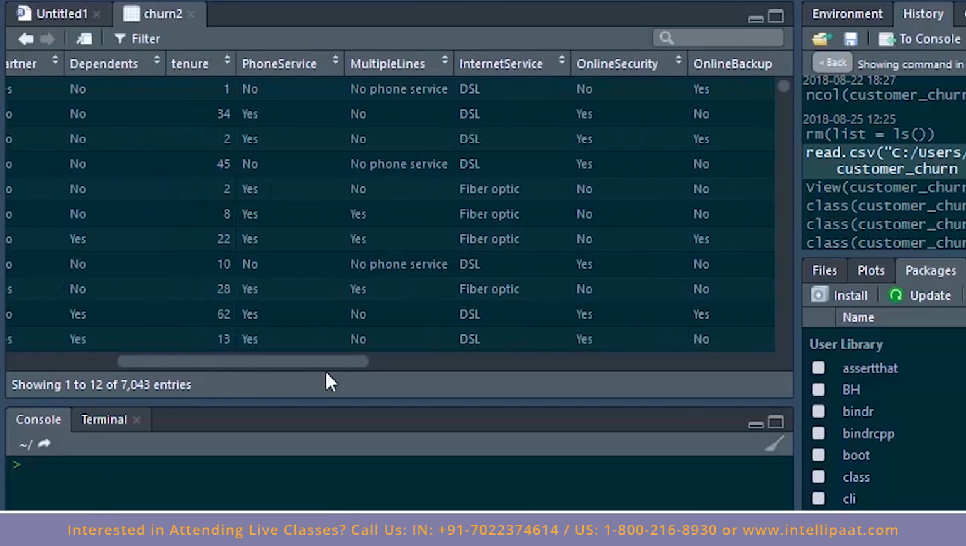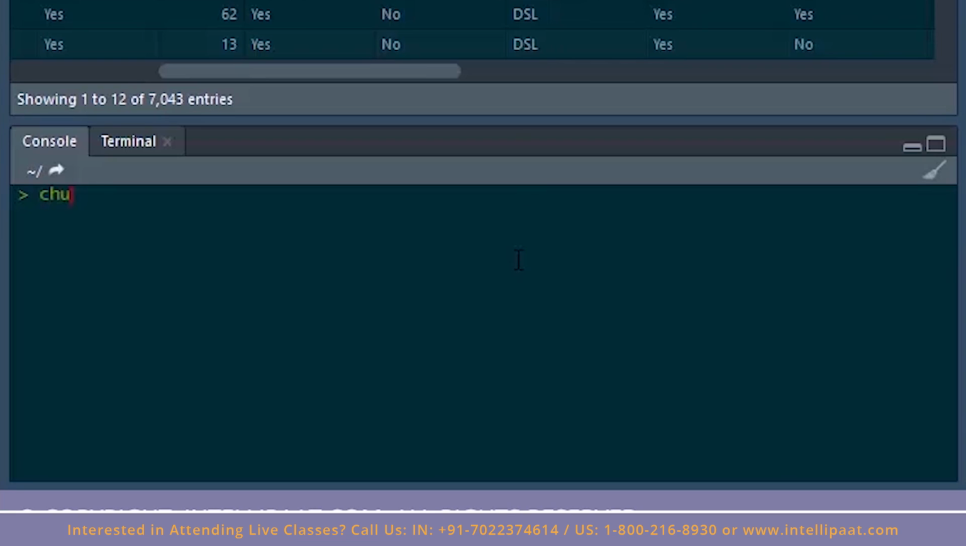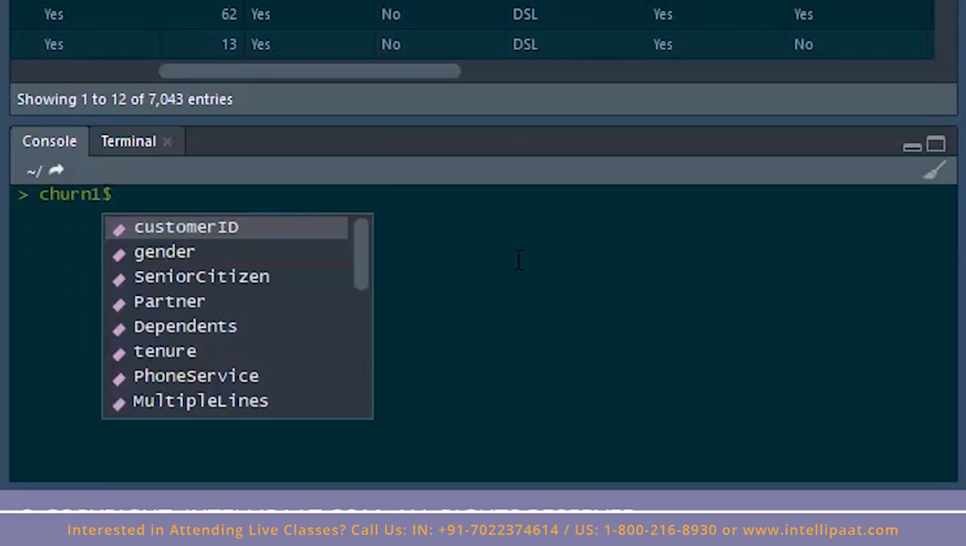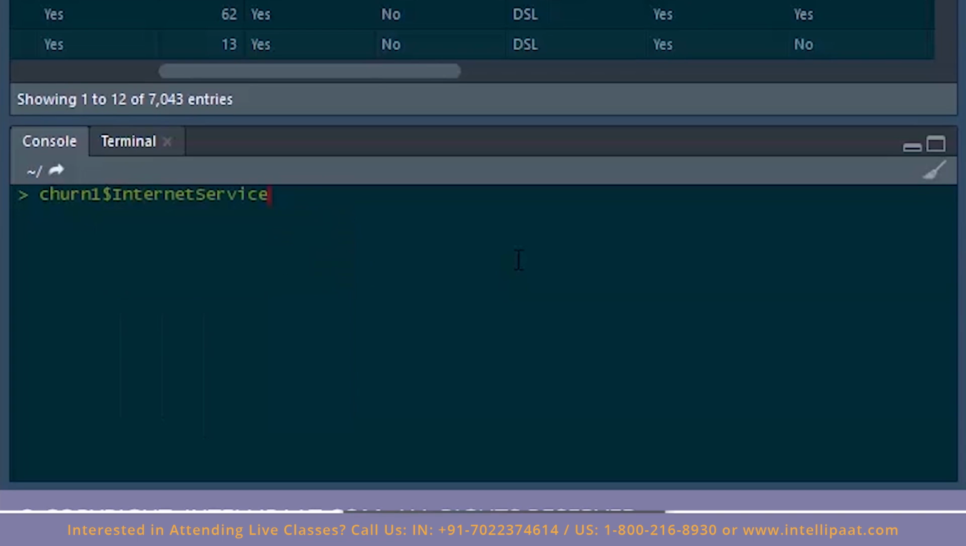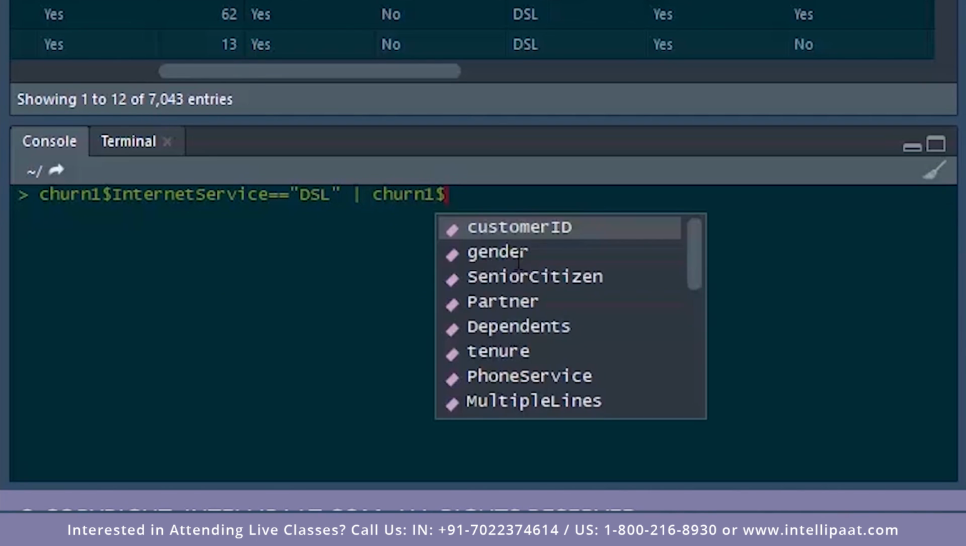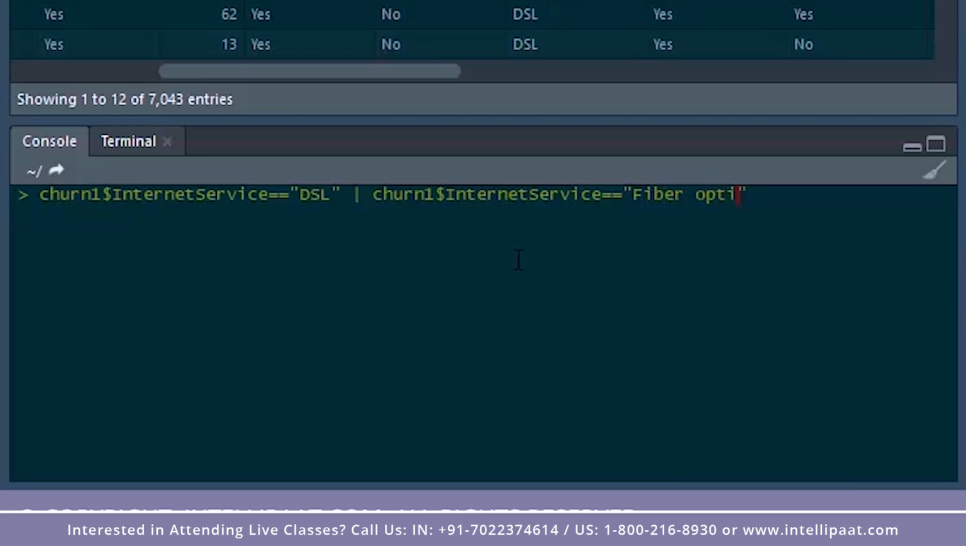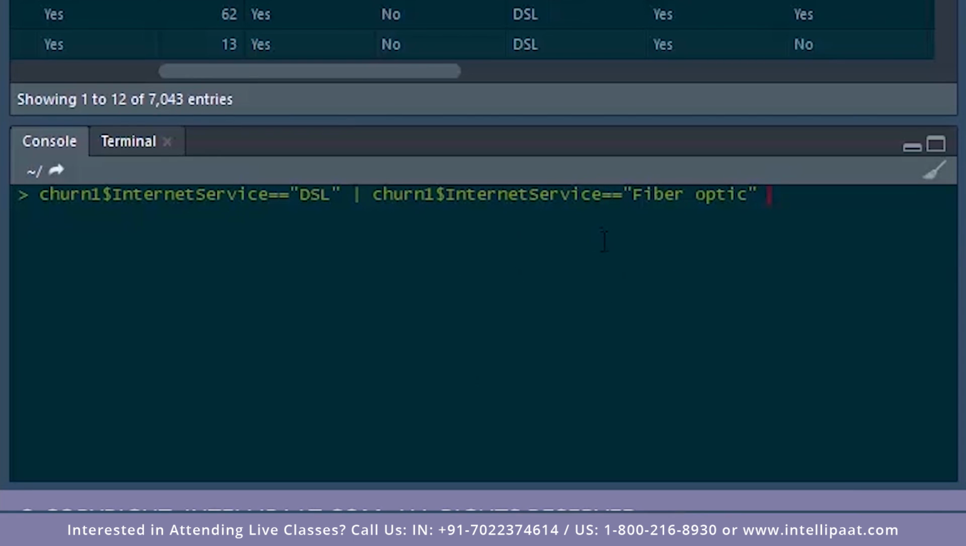So let's say I would want to select all of those customers whose internet service is either DSL or fiber optic. So let's use the OR operator for that. What I'll do is type churn$internet service is equal to DSL. Then I'll use the OR logical operator. I'll type churn$internet service equals fiber optic. That is, I will get the list of all those customers who use either of these internet services,